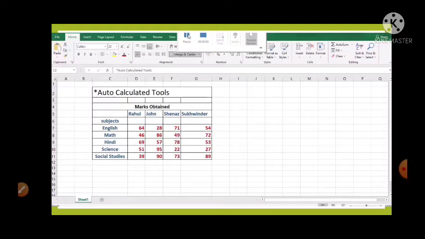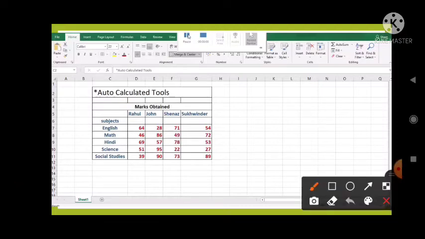Okay, so step number 1 is, at first in our worksheet we have to enter data for which we want to use auto calculate tools. Okay, in here. Okay, so already in our worksheet all the data is entered. So step number 2 is select the cell nearest to the cells on which you want to perform calculation.